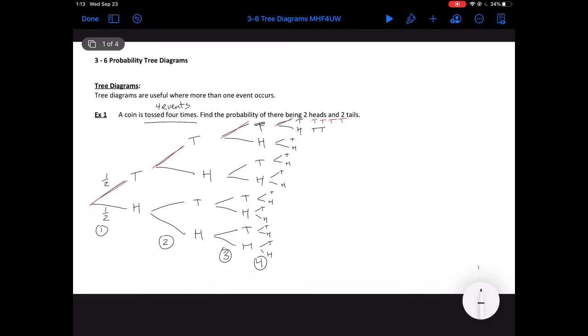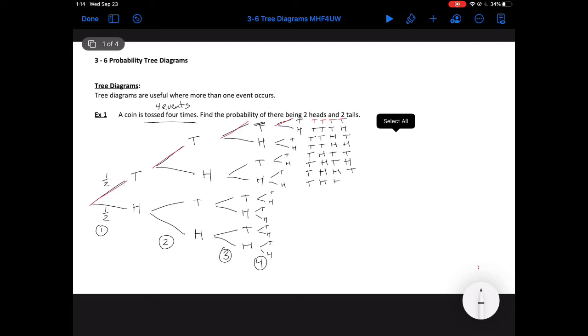Okay, so then I could get tail, tail, tail, head, tail, tail, head, tail, tail, tail, head, head, tail, head, tail, tail, tail, head, tail, head, tail, head,